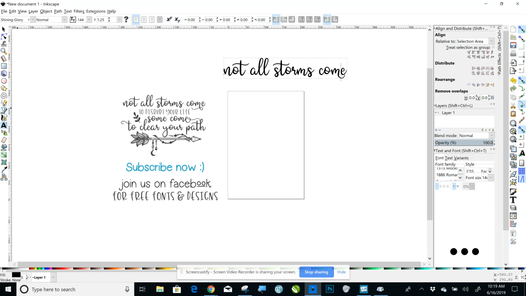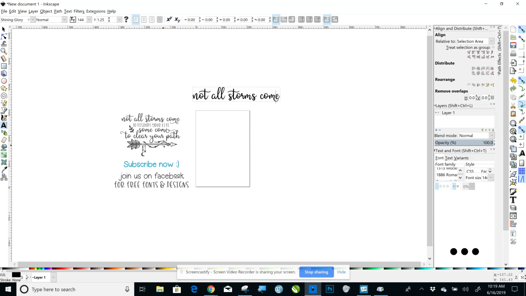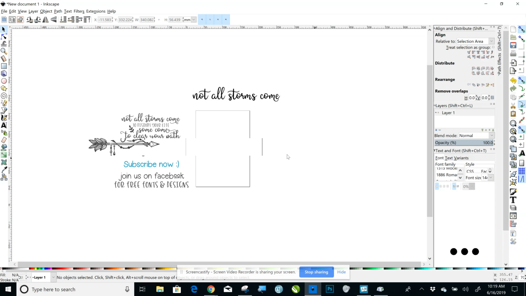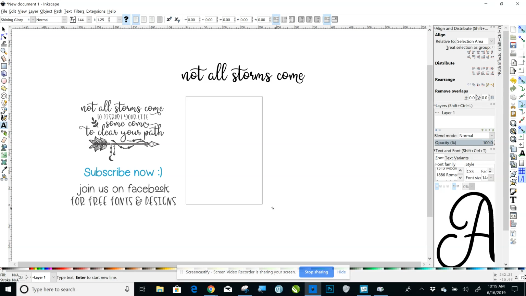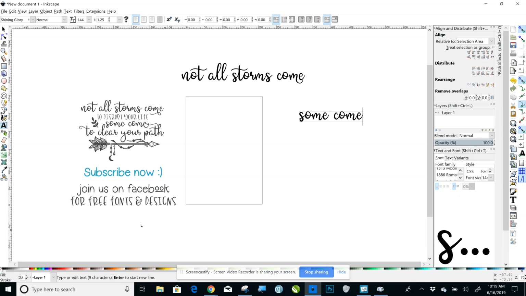So not all storms. Now the next thing I need to do, click off of that. Okay. So the next thing that I need to do is I'm going to type out the 3 lines of text that are all in that same font. That way I'm not switching back and forth. You can't just do that and then click enter, because then it'll recognize that all as one set, one line. You need them all to be 3 separate lines. So just click anywhere else on your workspace